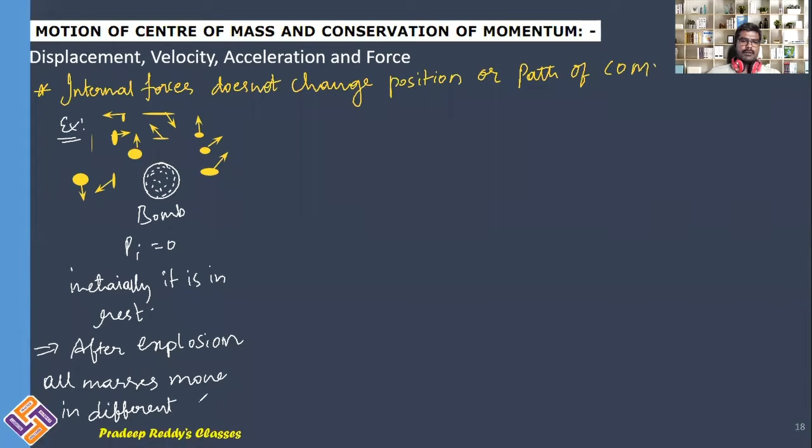Because there is no external force acting over here, only internal force is acting. Because of the internal imbalanced forces acting inside the bomb, it gets exploded into as many parts as possible. To conserve the momentum, all the parts into which it has exploded will be moving in different directions, and as a result conservation of momentum is valid. P initial is equal to P final, delta P is equal to 0. Conservation of momentum is valid over here.